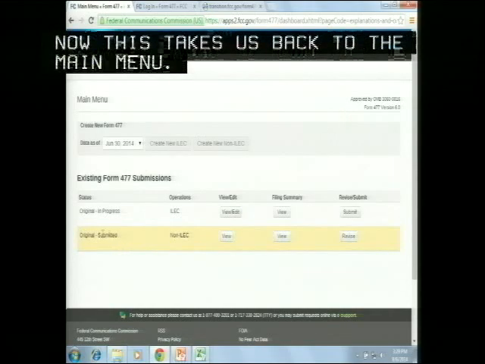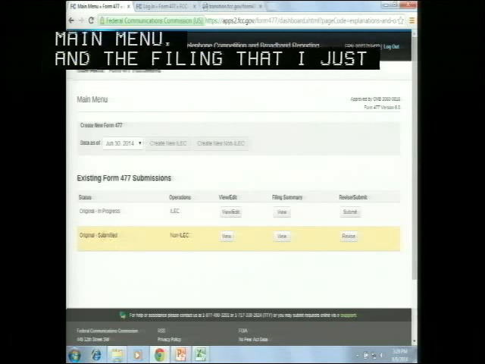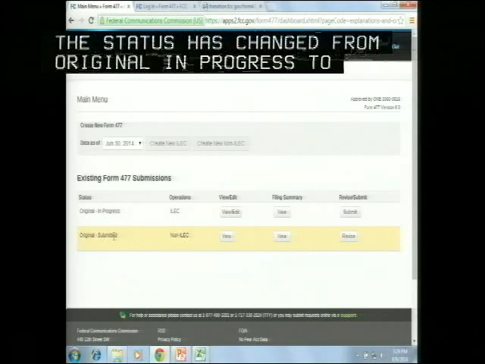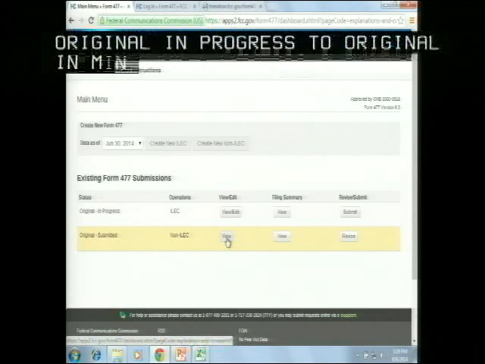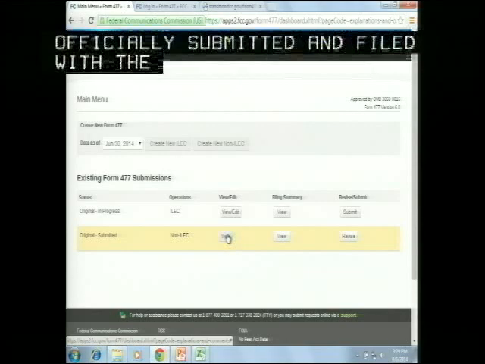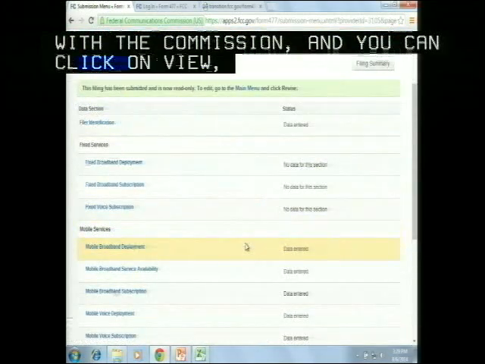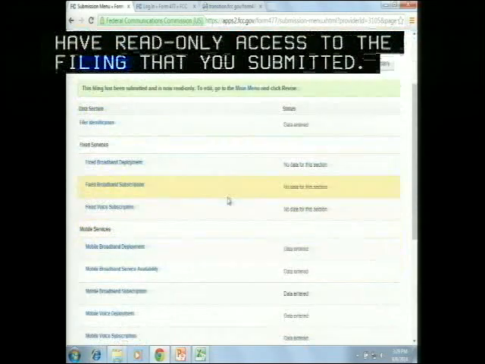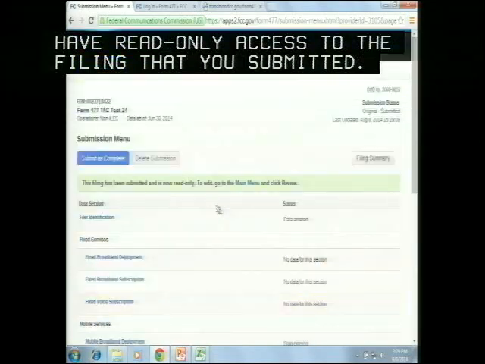And the filing that I just submitted, which was the non-ILEC filing for this FRN, the status has changed from original in progress to original submitted. And at this point, the data has been officially submitted and filed with the Commission, and you can click on View. You basically have read-only access to the filing that you've submitted. You can go back to the main menu,